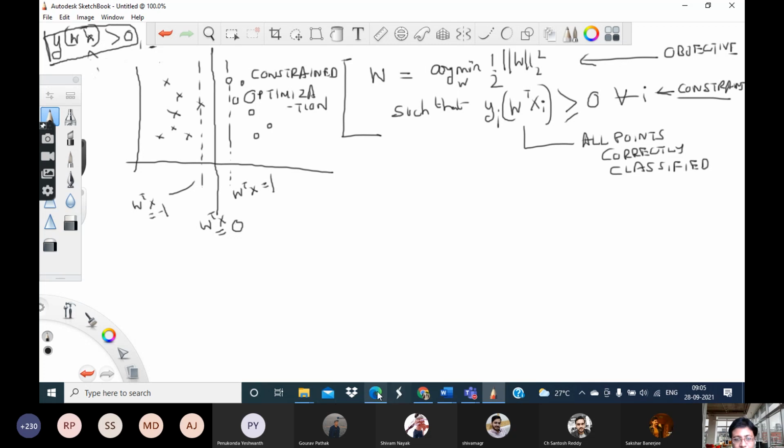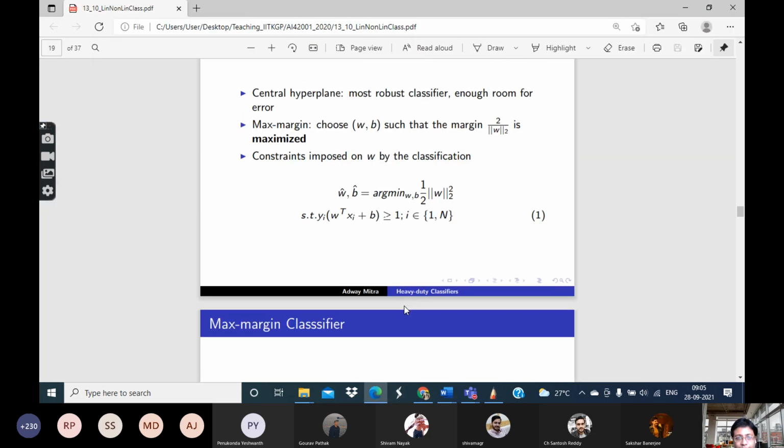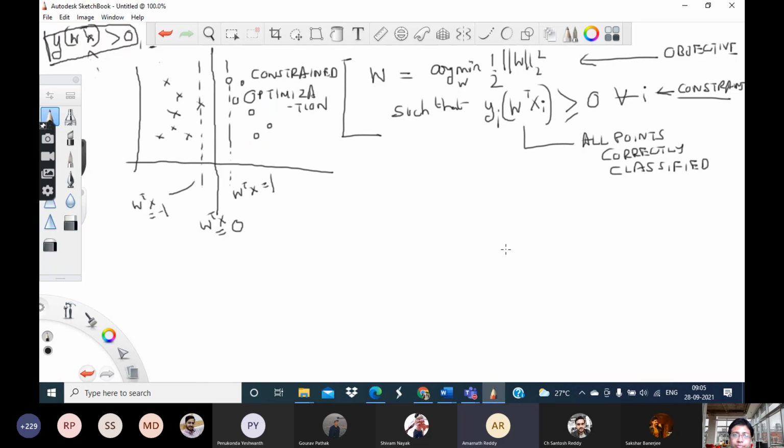Sir, as you said, a lot of linearly separable hyperplanes are possible. So how do we get all those possible hyperplanes in one go? No, we do not get all of them in one go. As of now I have not got any hyperplane at all. That is to say, I do not know any value of W as yet. I am only trying to formulate an equation to find them.